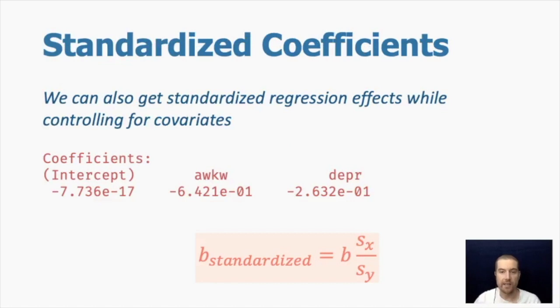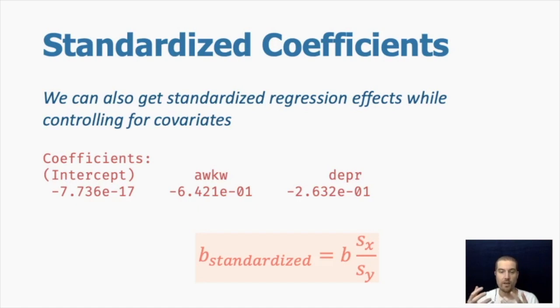We also have standardized coefficients. This is when we standardize our outcome and our predictors. If you remember what standardizing means, it's basically creating z-scores. So you take your value, subtract the mean, and divide by the standard deviation. When you have just z-scores, this gives you what's called a standardized regression estimate. We're going to talk about effect sizes a lot more in a later unit. But what this does is it puts the coefficient in the units of standard deviations instead of whatever units they